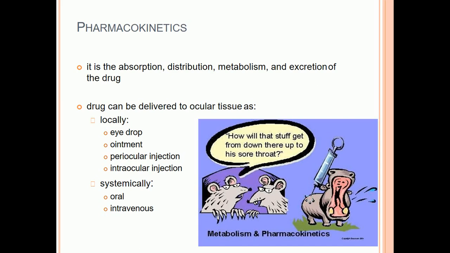The second one is pharmacokinetics, which is directly related with the absorption, distribution, metabolism and excretion of the drug. The drug can be delivered to the ocular tissue both locally and systemically. Locally it can be given to the patient in the form of eye drops, ointment, periocular injection and intraocular injection, while systemically it can be recommended orally as well as